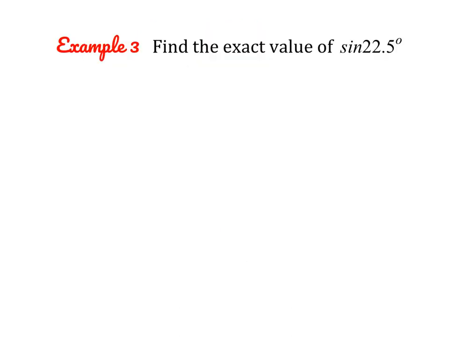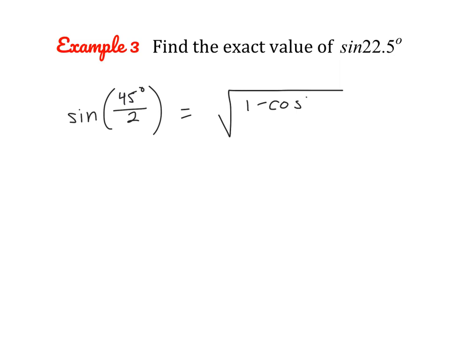Okay, so the half-angle formulas can be really useful to help us evaluate angles that you might notice are exactly half of angles from the unit circle. This allows us to evaluate something like this without using a calculator. When I see the sine of 22.5, I can rewrite that as the sine of 45 degrees over 2, because 45 degrees is an angle that I can evaluate any trig function from since I know my unit circle. So now using the formula, we can rewrite this as the square root of (1 minus cosine of 45